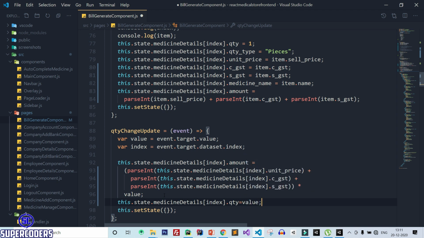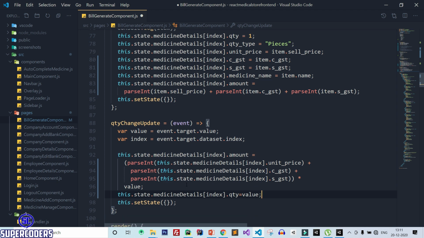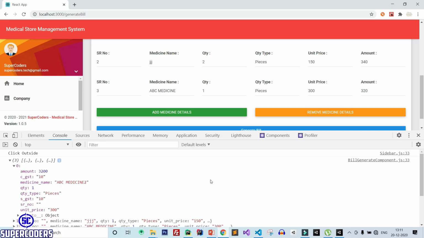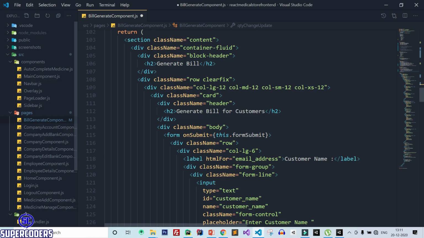After that it is perfect, and now we need to do one more thing, which is that the serial number is missing. Here you can see the serial number is missing, so let's add this serial number also.